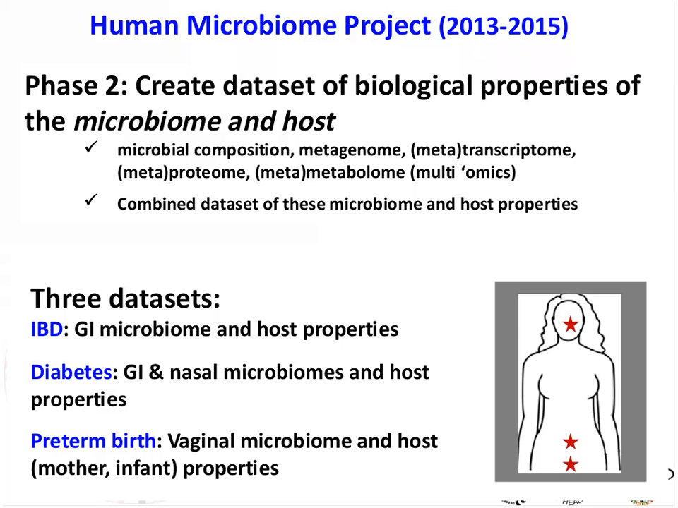The goal being here is that these were 3 exemplar models of microbiome-associated conditions, and that the combined data set produced from these cohorts, an IBD cohort, a diabetes cohort, and a preterm birth cohort, would help the larger scientific community really evaluate what other properties of the microbiome and host, particularly the microbiome, are going to be essential to understanding the role of the microbiome in disease